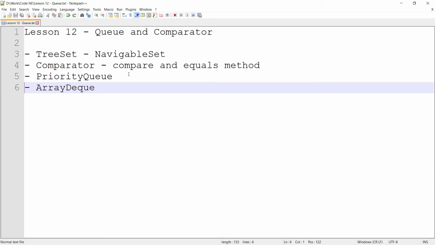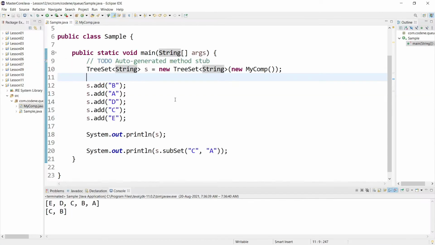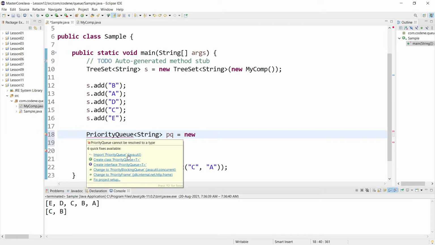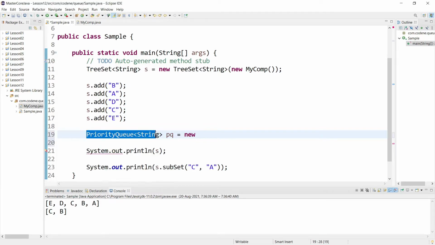Now the priority queue will sort the elements in a manner of the priority. We will understand that using our example. Here in our same example, let's say I have a priority queue. Let me copy it and name it PQ equals new, and let me import it. All right, it's imported now.